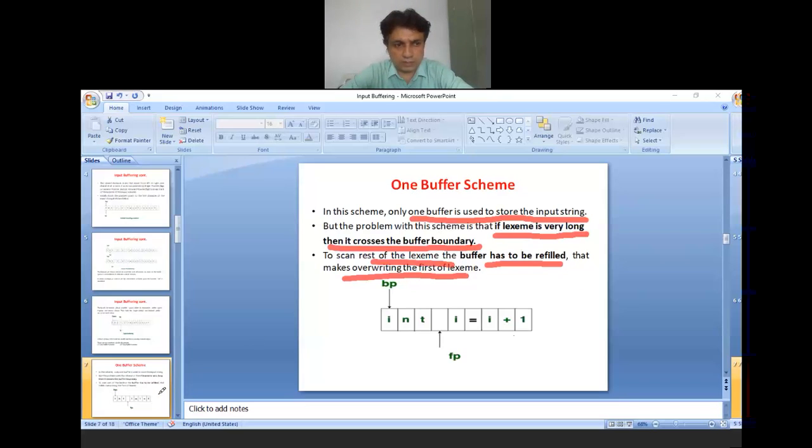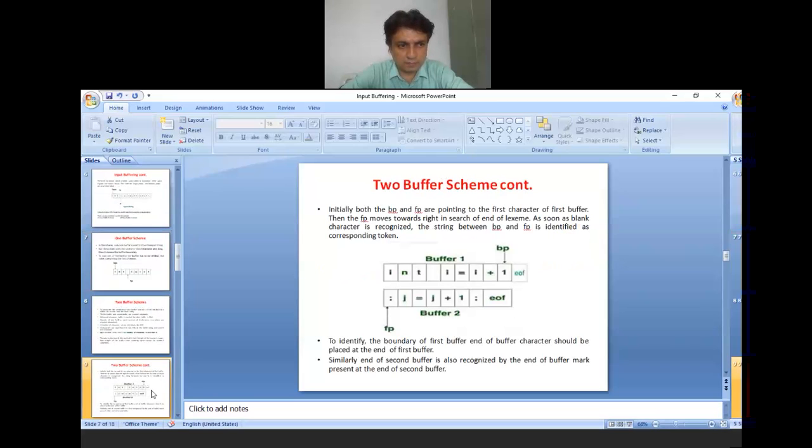Moving to the next slide, we are going to study the two buffer scheme, which is predominantly used as the input buffer technique. Initially, both the begin pointer and forward pointer are pointing to the first character of the first buffer.